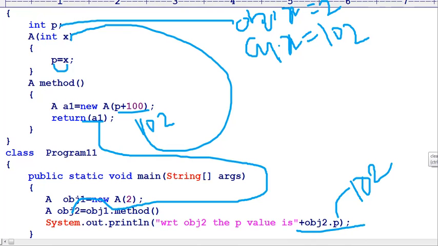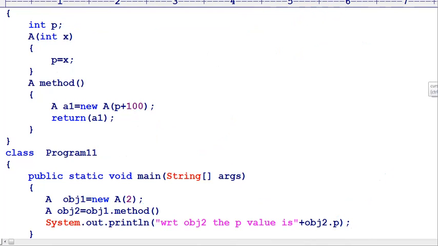So whenever an object is the return type of a method, from definition to declaration, it carries all the members' information. Let us go for execution of this code.